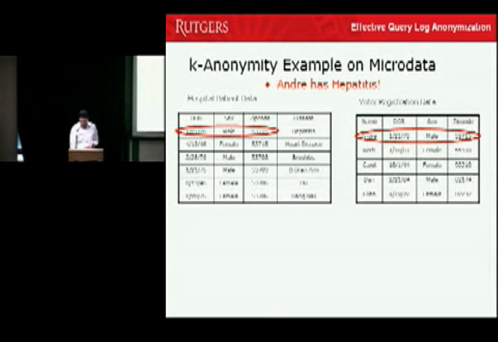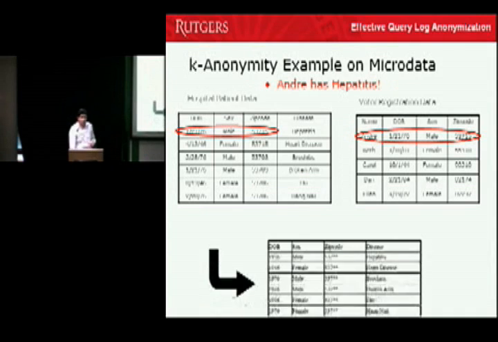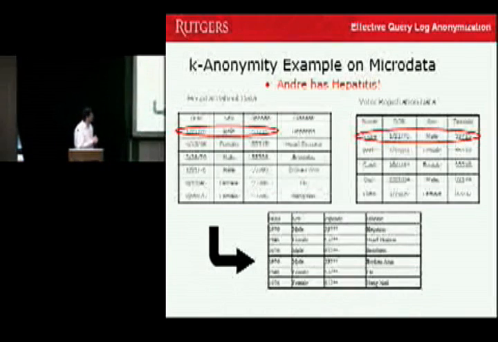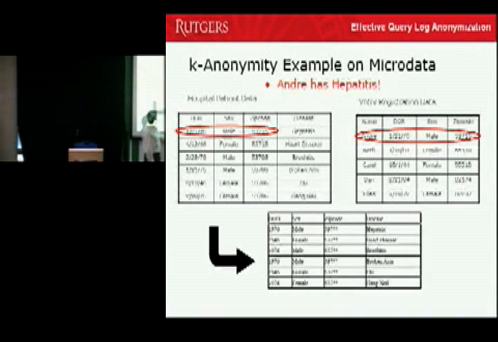So that's the problem, and k-anonymity helps with this because you basically transform this data set into a corresponding data set where you can no longer identify that person uniquely. So now if we took Andre's date of birth and the sex and the zip code,